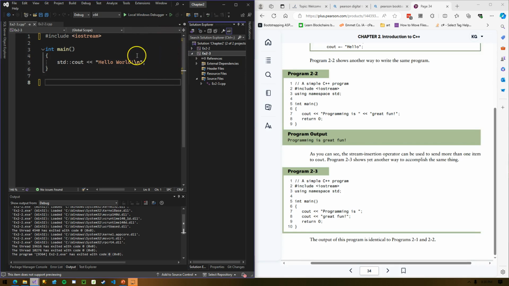Now, it might seem like this is overkill, like we're going to have one project for every example listing in the textbook. Yeah, I could see that argument. But just for the sake of keeping everything nice and separate and organized, I am going to create a separate project for each example. You guys don't have to do that.